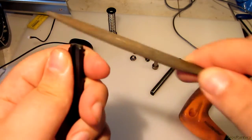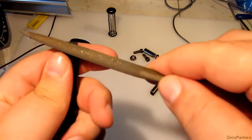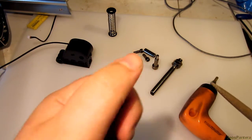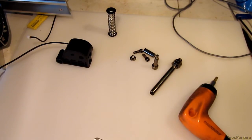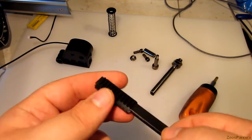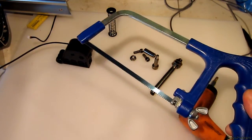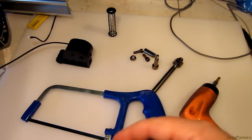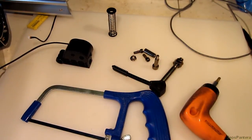Just make sure it's nothing sharp, because it does have to still slide on this. Although it's plastic on plastic and it's really not going to get stuck. Okay, so now you've shortened this. Shut that off. And now it's time to take out a baby hacksaw. Oh, it's cute. But actually, it's not time to take out a baby hacksaw. Now it's time to take out and find